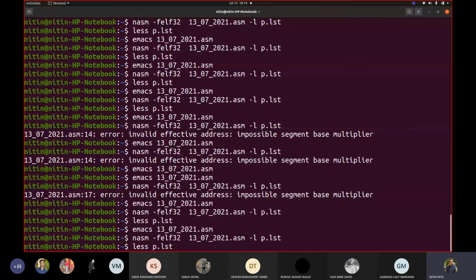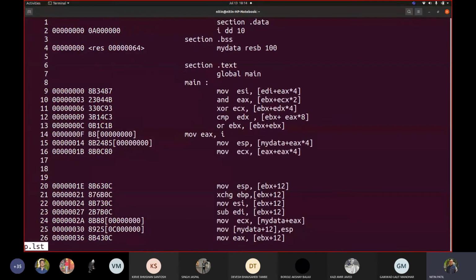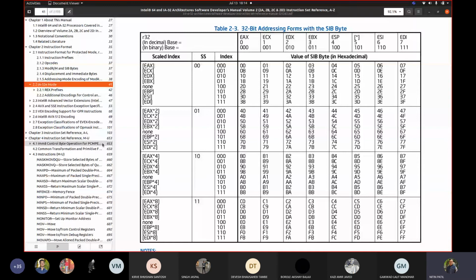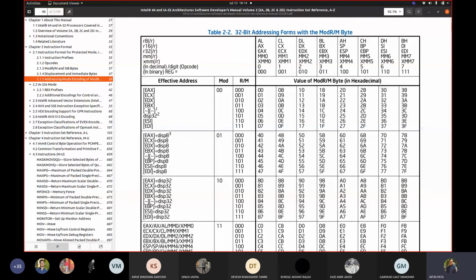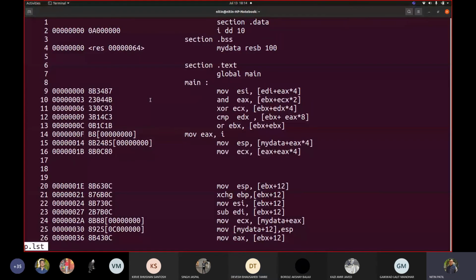Why? Because it would be concentrating on the mod part, na? This would be 24. So if I see 24 in my mod RM, where is 24? 24 is this ESP, and with this address. So we can definitely get it. So you take any register with this calculation here, which is not represented as a single register directly, it will take it. Fine. Yes, sir. Clear? Any other question?